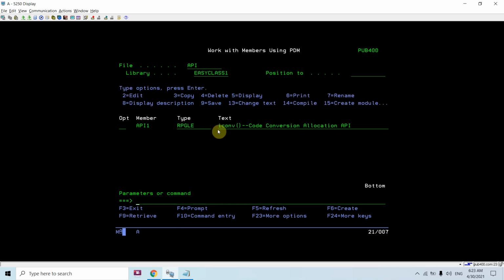So now you can see you can actually convert the data from one character set to another character set using this iconv API, and this is very useful and very important for those who are working on Unicode conversions and who are implementing Unicode conversions.